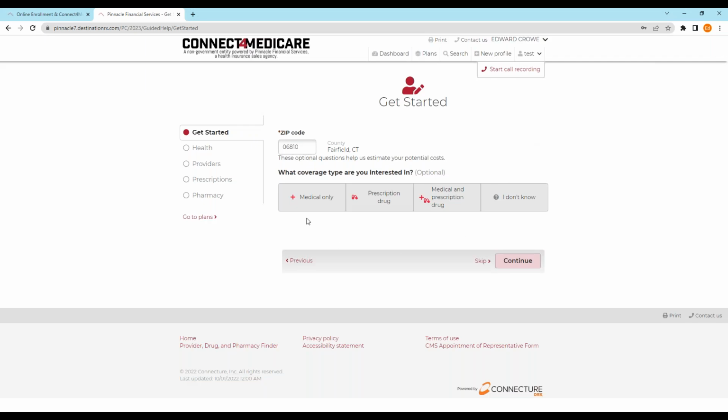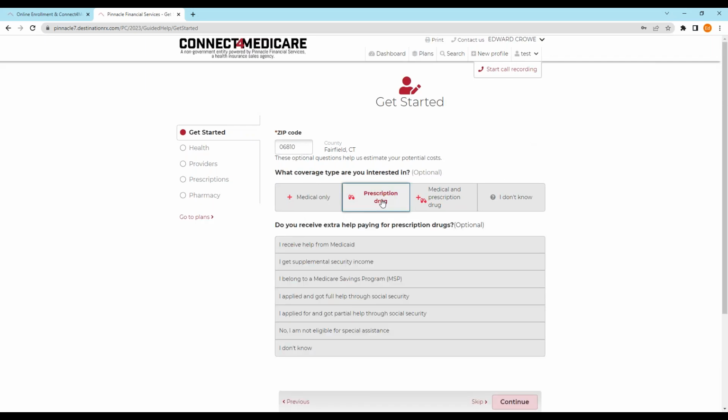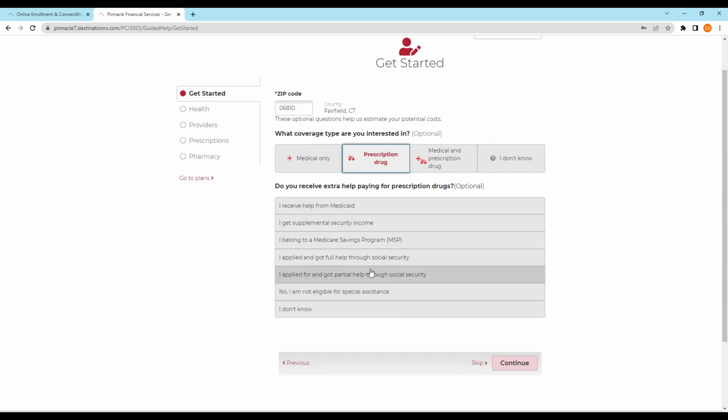So the preference tab means if I want to put in their prescription drugs, and if I want to say if they get drug help. This is important because if you say they get drug help, the system's going to adjust when it runs the drug comparison to reflect the drug help for the person. So it's important to put that in there, if they get help or not. I won't add it for now.